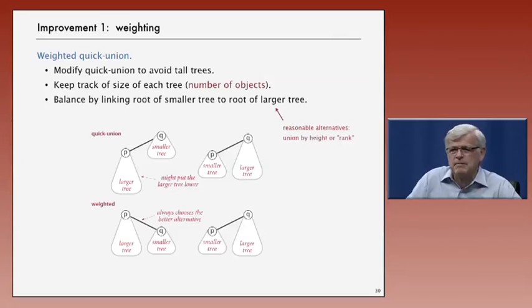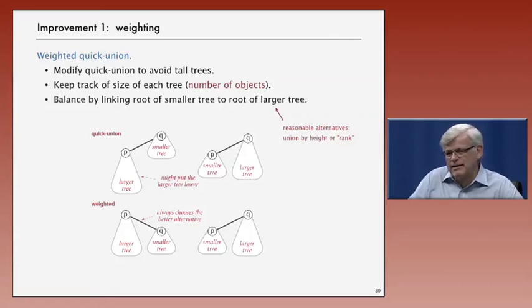Okay, so we've looked at the quick union and quick find algorithms, both of which are easy to implement, but simply can't support huge dynamic connectivity problems. So how are we going to do better? That's what we'll look at next. A very effective improvement is called weighting, and it might have occurred to you while we were looking at these